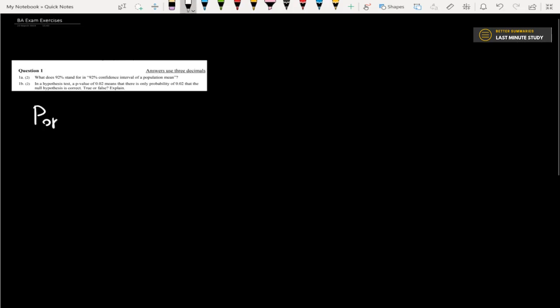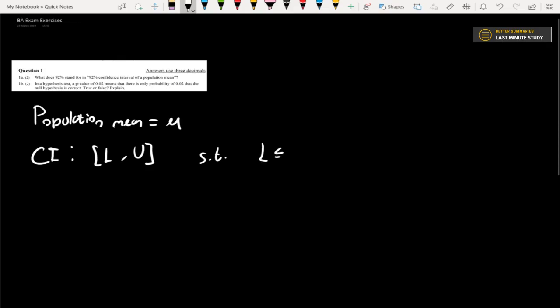Well, the population mean equals mu, right? It's mu. We know that. Well, a confidence interval has a lower limit and an upper limit, right? Such that mu is in between this lower limit and this upper limit. Now, if you have a 92% confidence interval, we say that